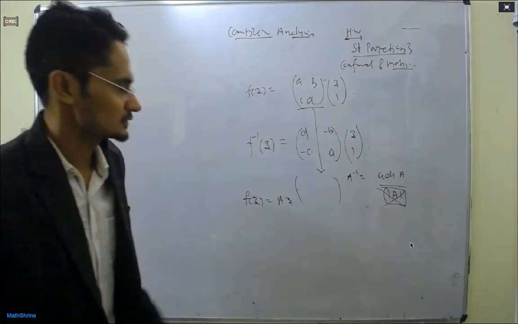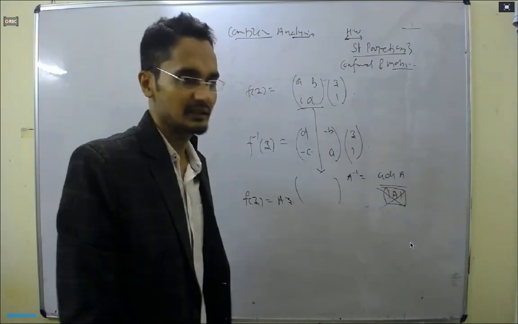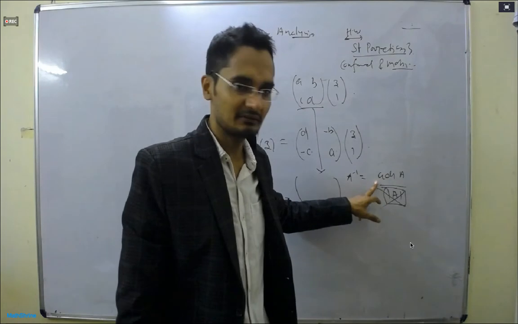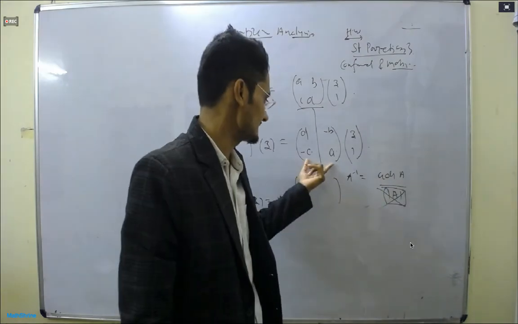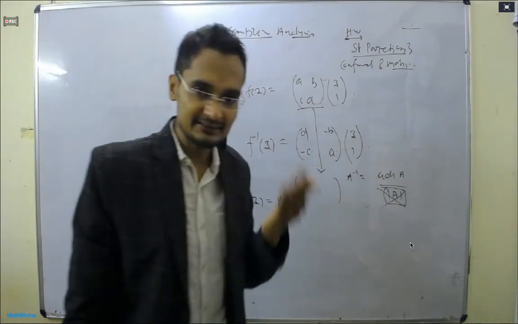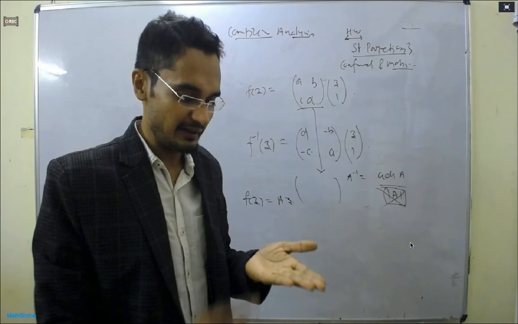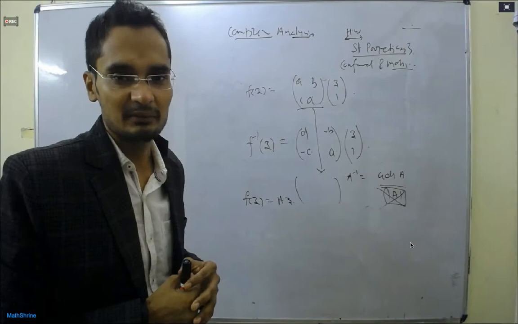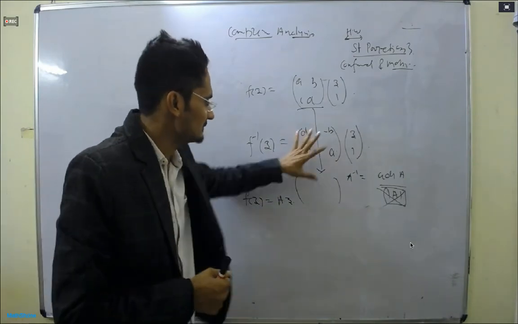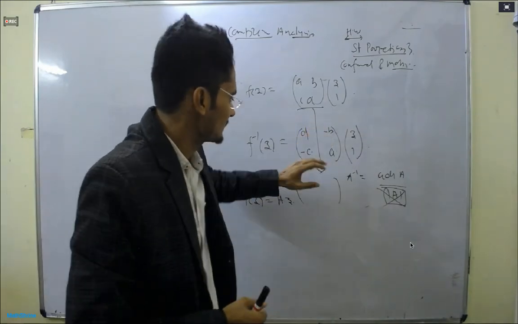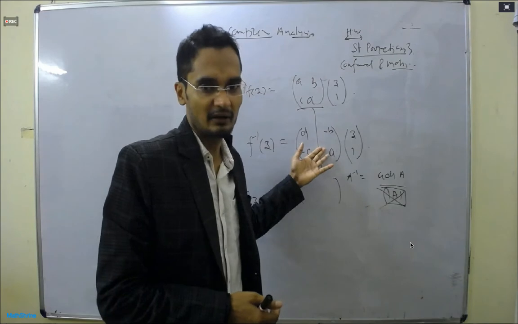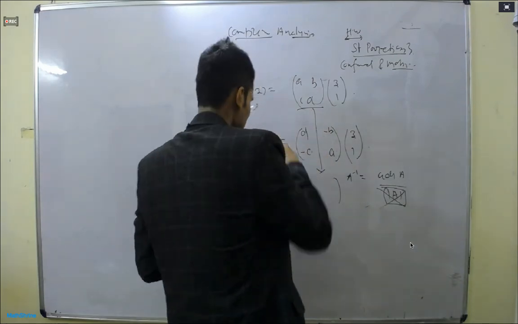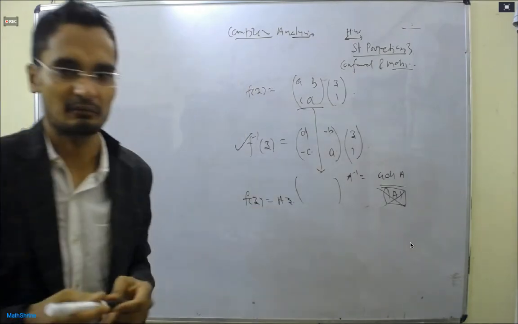So in your exam, some map will be given and they will ask you the inverse. Of course, you can write something else here also. But in your exam, in NBHM and CSIR, in the options there will be one option, none of the above, right? And one option will be like this. So you should not be confused. This is also a Mobius map and this is also the inverse. So you will choose this one. That's what I want to tell you. Okay.